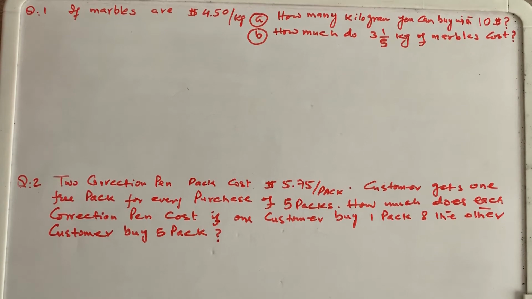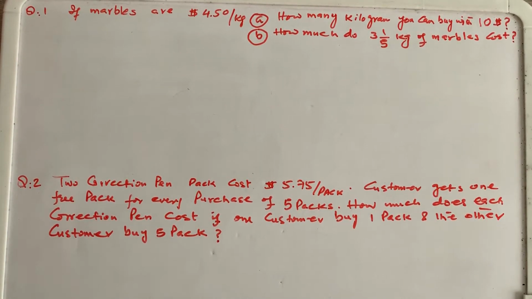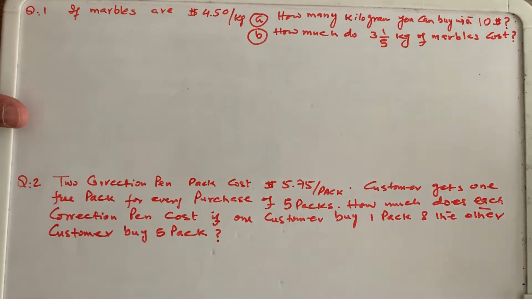And how much do you pay for 3 1/5 kilograms of marble, or what is the cost of 3 whole and 1/5 kilograms of marble? So there are two questions, and here I would say that the student must remember that this